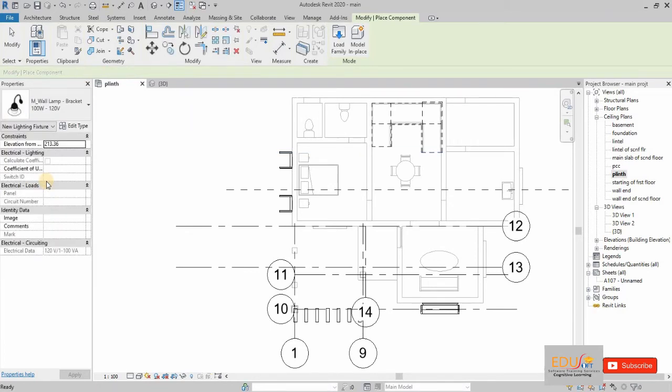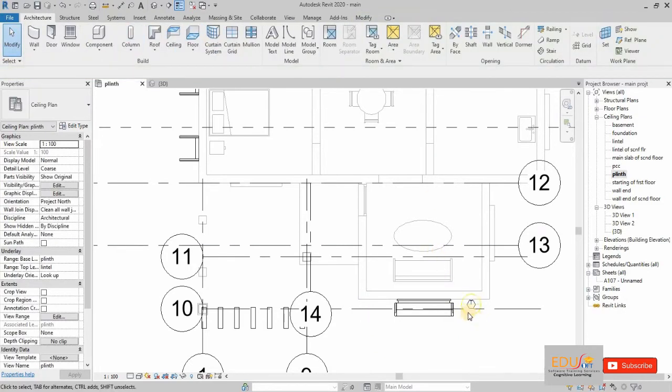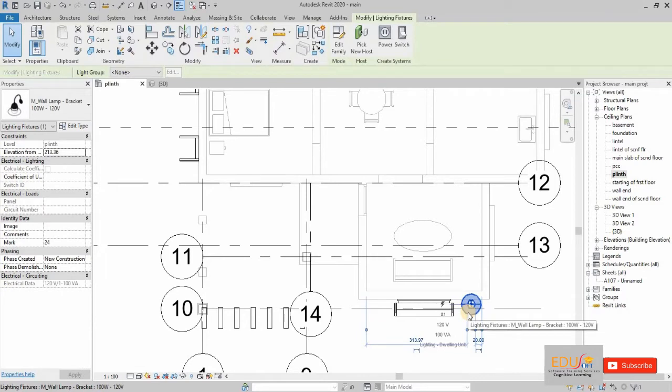And place it where you want. Select the light fixture and go to Edit Family.